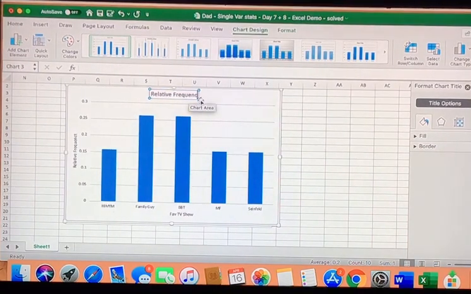frequency distribution. Another word you can use for this that we're hopefully going to get to by the end of our semester, we'll see, is also a probability distribution. Okay, it's another way to talk about it because relative frequency and probability are potato, they're the same thing. But relative frequency distribution of favorite TV show